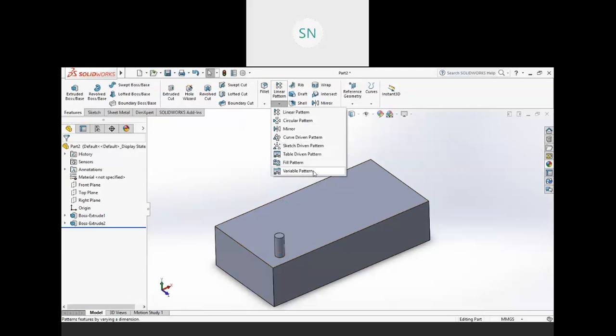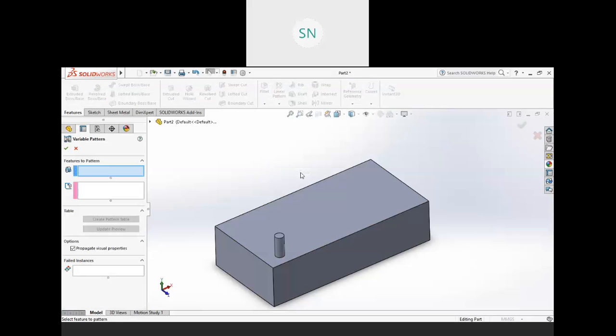Now focus over here, because here there are so many things which are different compared to other patterns. So here we have to create our manual table first for the dimensions, and then we can input our new values. See, click on the variable pattern, and here you have to directly select your feature.